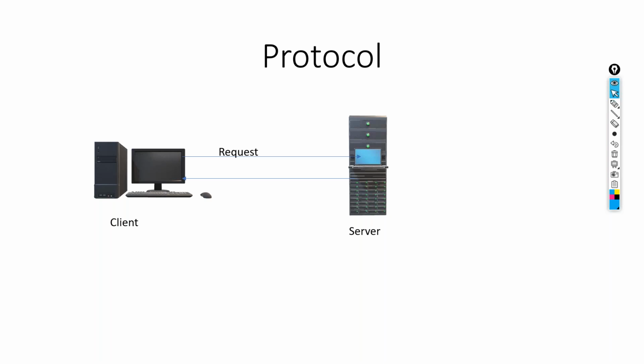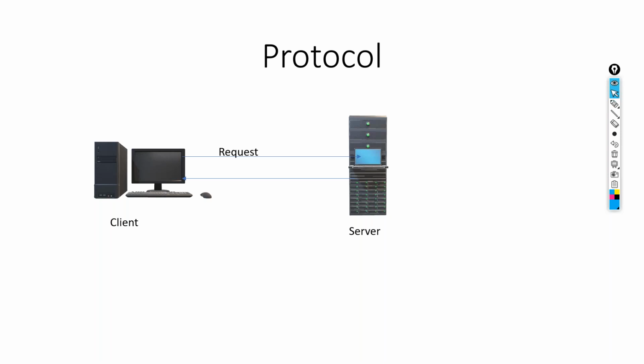Let's assume that there is a client and there is a server. How will a client and a server interact? The client sends some request to the server, and the server has to send some response back to the client. When the server receives a request from the client, it has to understand that request, process it, and then send the response back. So how will the server understand what the client is sending? They both should have a common communication mechanism. They should follow some rules. That set of rules is called protocol here again.